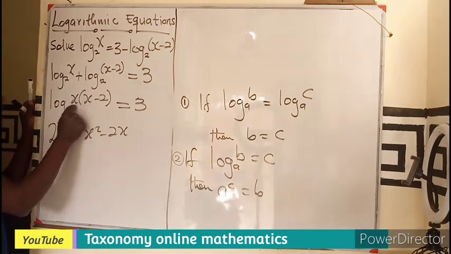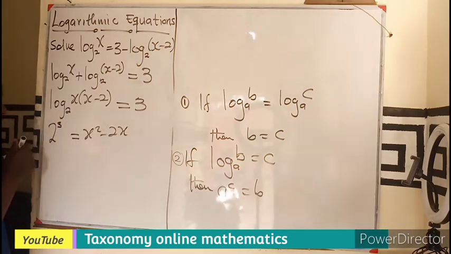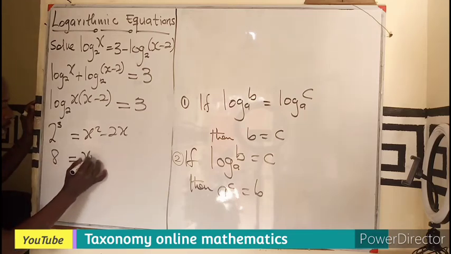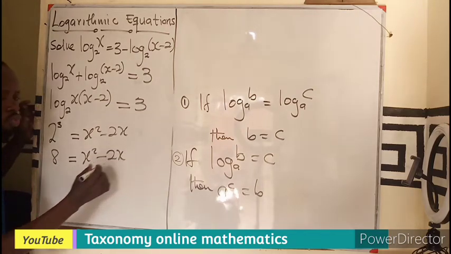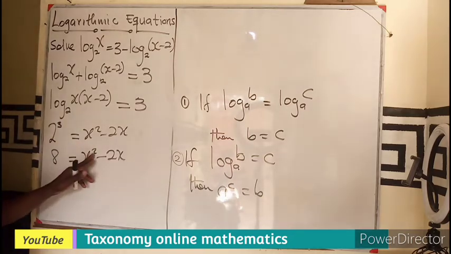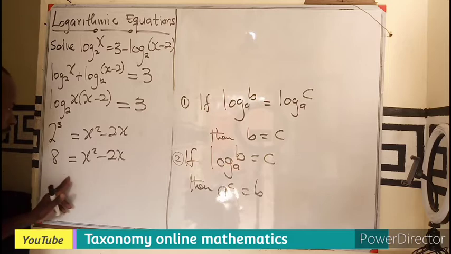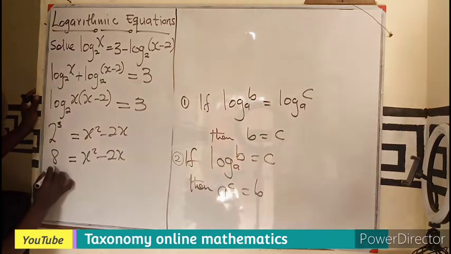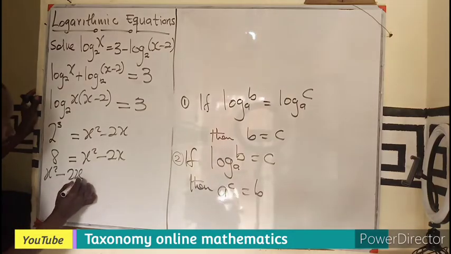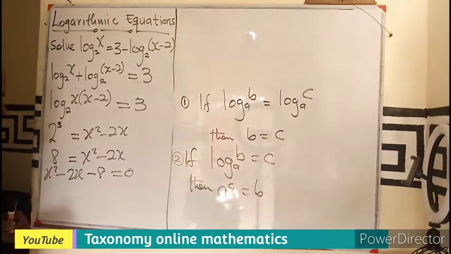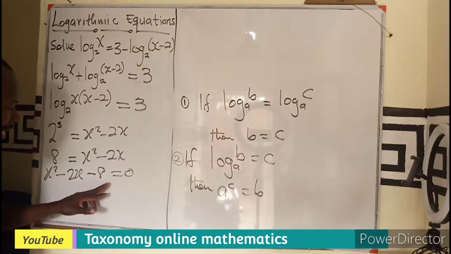This is already just expanding of the bracket. So what will I do? This is going to give me 8 equals x squared minus 2x. So what do we do? I'm seeing x squared, single x, so I need to send the constant. So I have x squared minus 2x minus 8 equals what? 0. So you can see this is a quadratic equation where we will be needing the